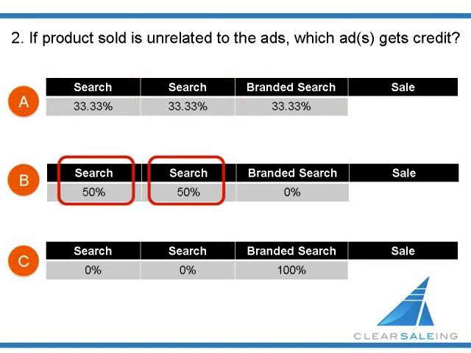However, when a branded term is used at the end of the path, it is being used to navigate back to Finish Line. The consumer could have found Finish Line through the address bar or a bookmark, yet they chose to use search again. In this instance, the consumer has already decided to buy, so no sales credit goes to the branded term at the end of the purchase path. Credit for the sale is split evenly between the first and second search terms.